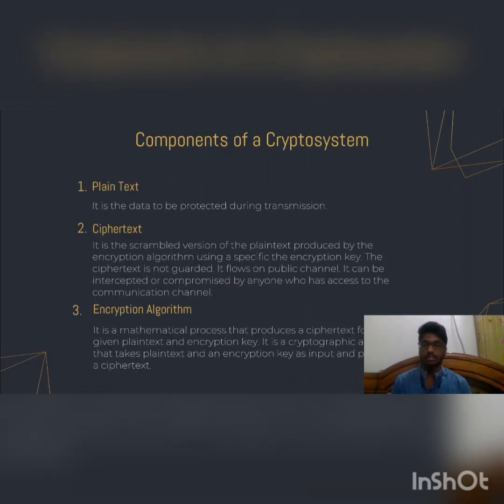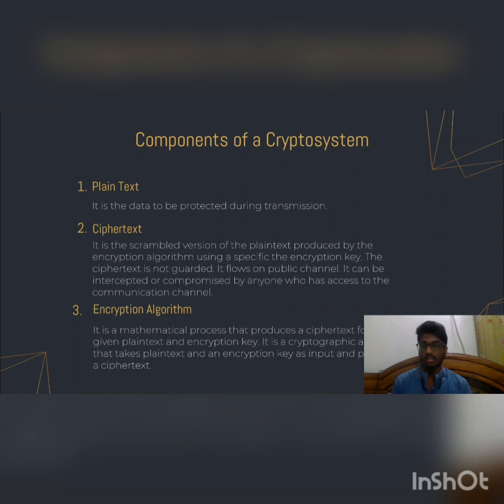Here are the components of a basic crypto system. The first one is the plain text. This is the data to be protected while sending from a sender to a receiver. The second one is the ciphertext. It is the scrambled version of the plain text produced by the encryption algorithm using a specific encryption key. It is not guarded. It flows on a public channel and can be compromised by anyone who has access to